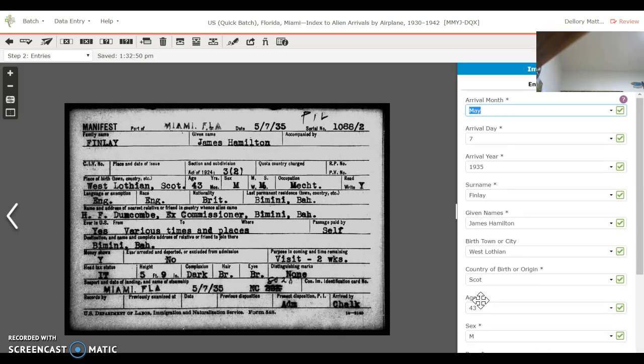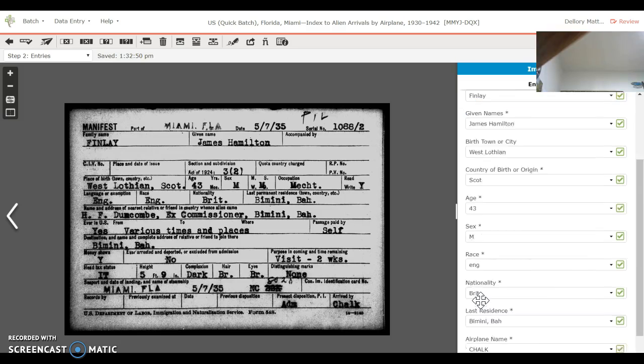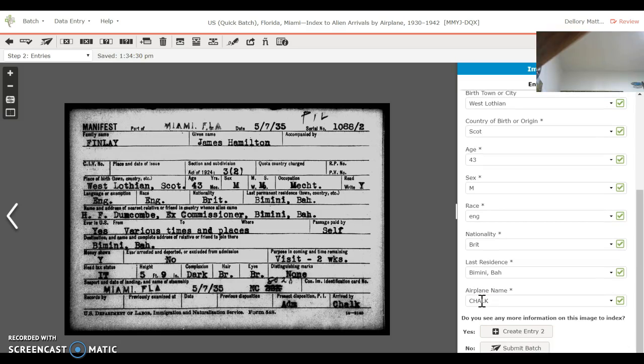Moving on to image 3, May 7, 1935. Finlay James Hamilton, West Lothian, Scotland, 43 male. Page down key. Oh, I'm going to click there and fix that little E. Tab key. Bimini, comma Bahamas. No, chalk is not the right thing for the airplane. I clicked, I backspaced. NC